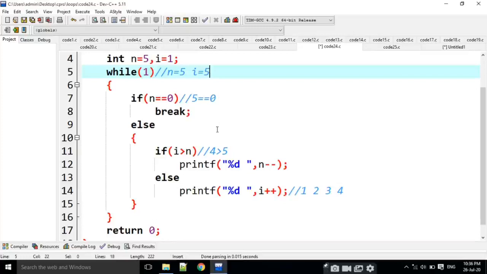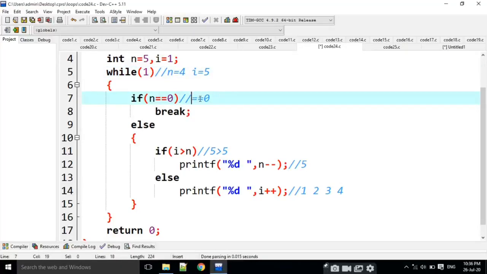Is 5 equal to 0? No. Then I am going to check, is 5 greater than 5? Now it is false. Then it is going to print. What is n value? N value is 5. 5 is going to be printed and n becomes 4. Now again I am going to check, is 4 equal to 0? No, not at all. Then is 5 greater than 4? Is it true? Yes. What is n value? N value is 4,